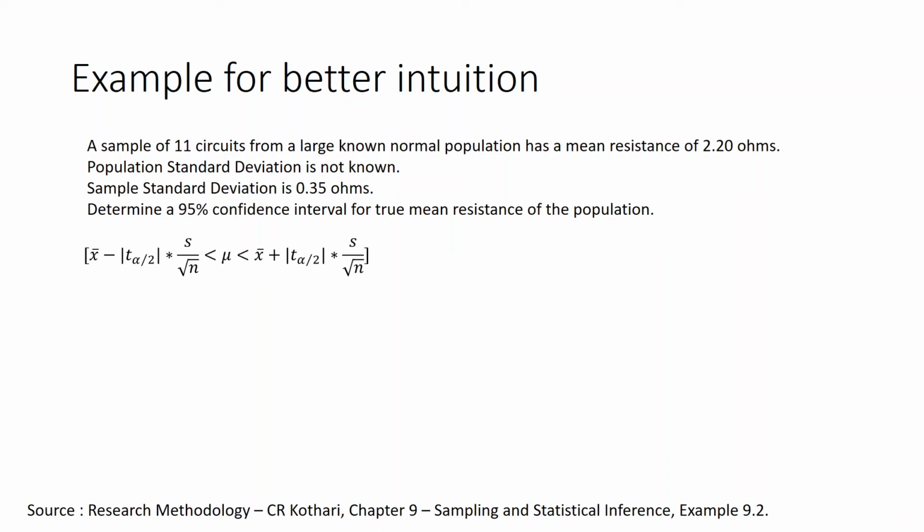Okay, so the margin of error gets a little bit tweaked as compared to the Z statistic. Wherever there is Z, it is replaced by the T, and wherever there is sigma, it is replaced by the small s. So calculating the absolute value of t subscript alpha by 2 from the table. Now we are going to learn the table.